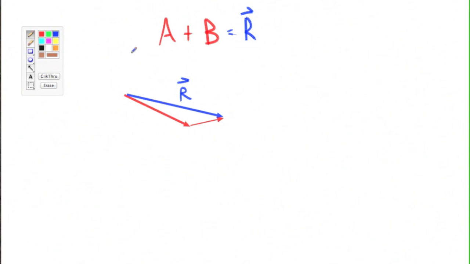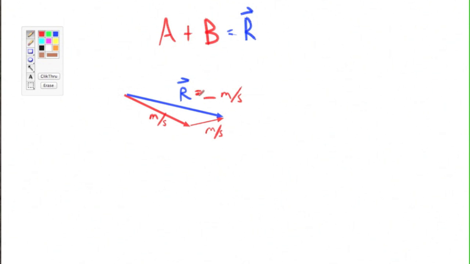And when I go to combine vectors, we have to make sure of a couple things. First off, they have to be the same units. So I could combine displacement vectors A and B, which would be in meters maybe, and then my answer would also be in meters. Or they could be velocity vectors, meters per second plus meters per second, and then my resultant vector would be